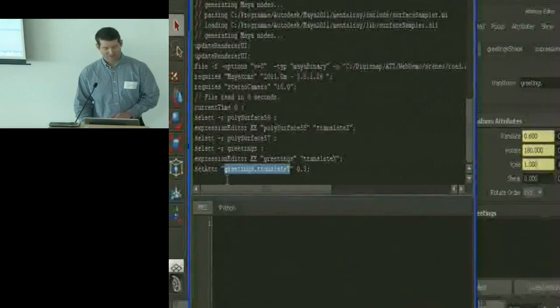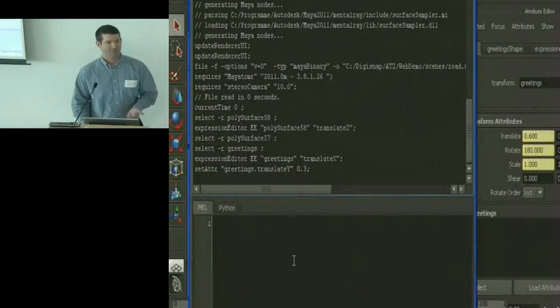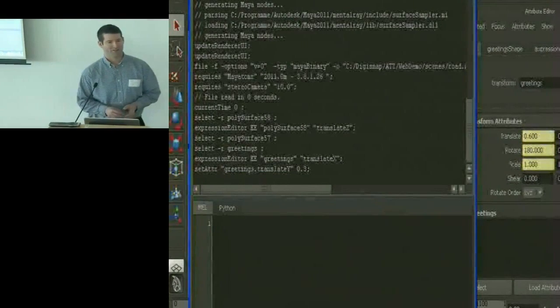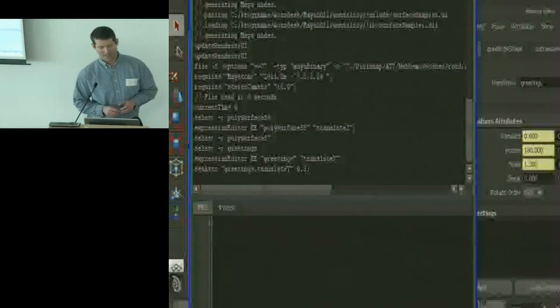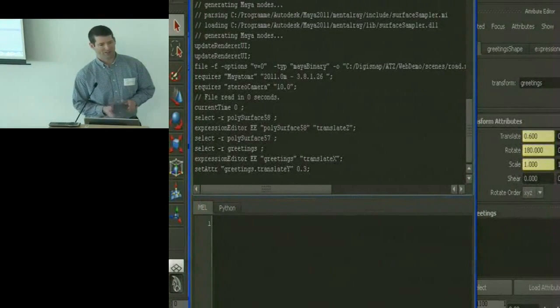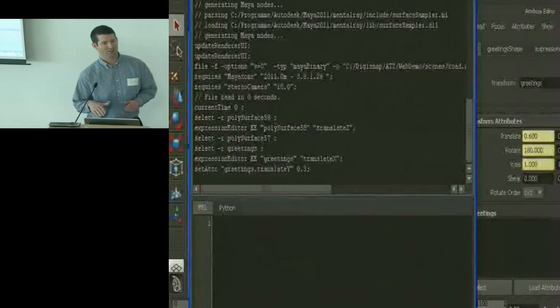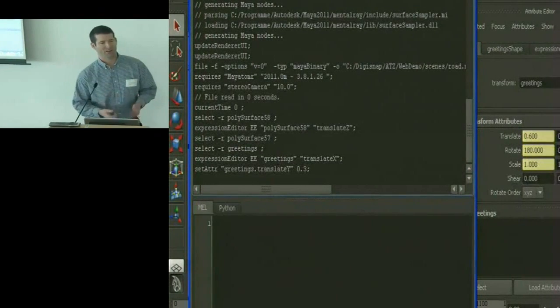In this case, it is greetings.translate y, and in JavaScript you can look up this attribute by this string, because in JavaScript all attributes are put in a large array of float32. The exported code has a table of all attribute names and the offset in the array. So you can just look up the array position and write something in, and if you then recalculate the scene, the attribute is changed.